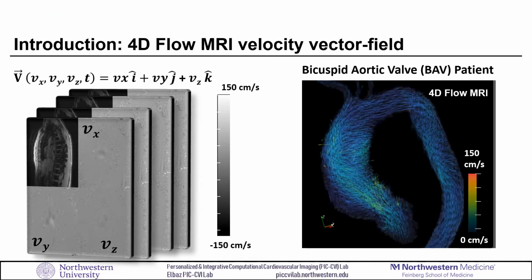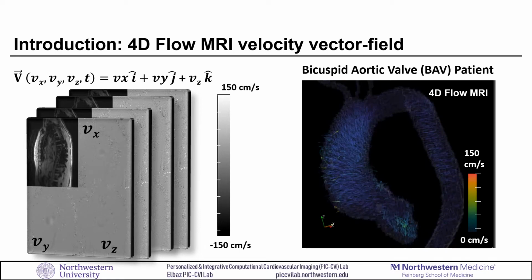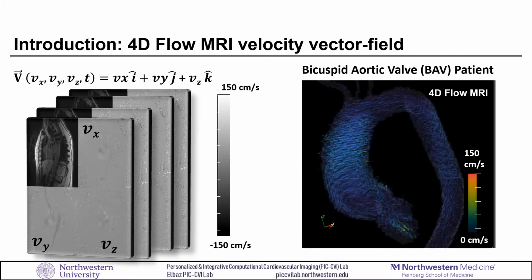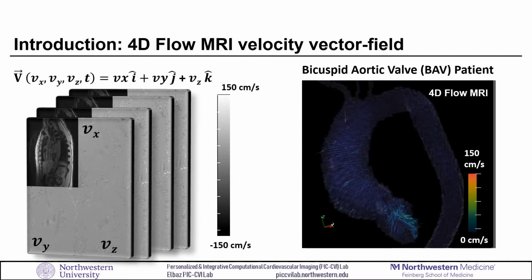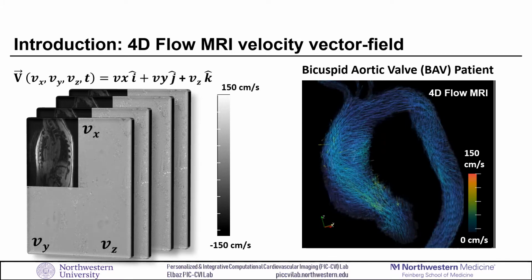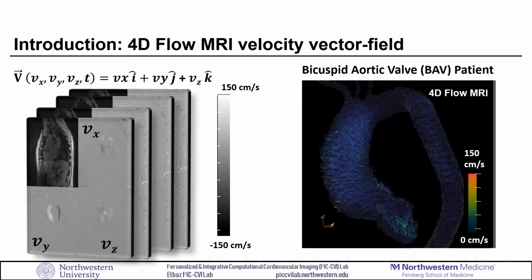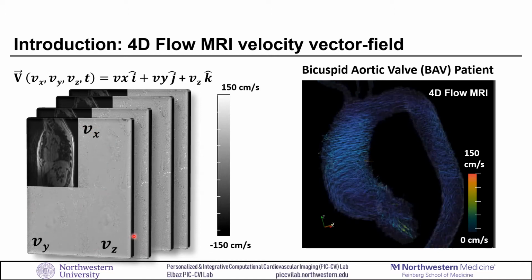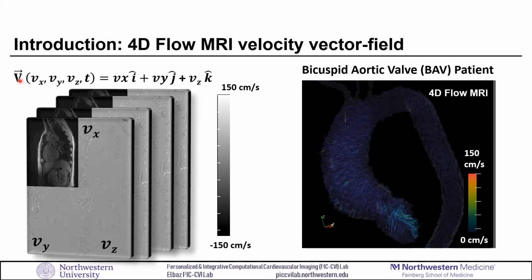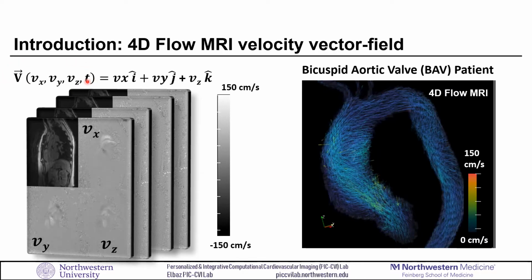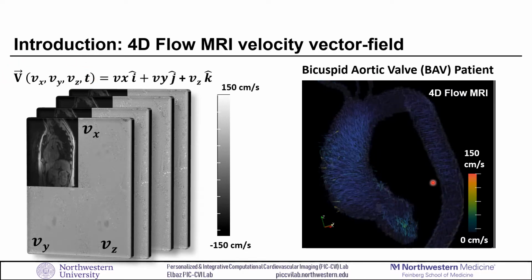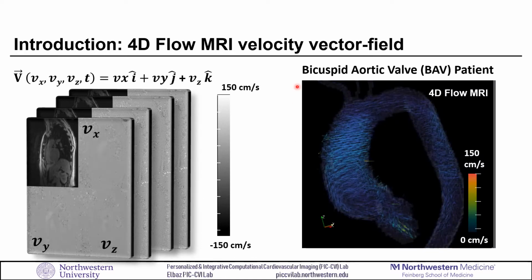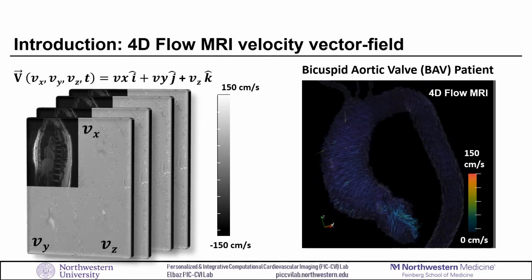4D Flow MRI has recently been introduced as a novel imaging modality that allows direct measurement of non-invasive blood flow dynamics in terms of velocity vector field over three spatial directions, three spatial dimensions, and time. Therefore, it provides us with dynamic vector field mapping information, which can be seen here in this visualization of the vector field in a patient with bicuspid aortic valve